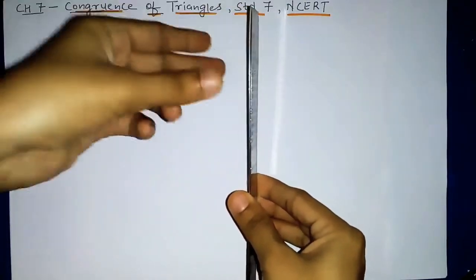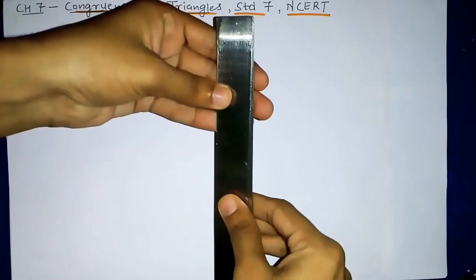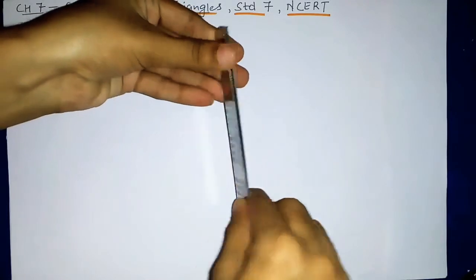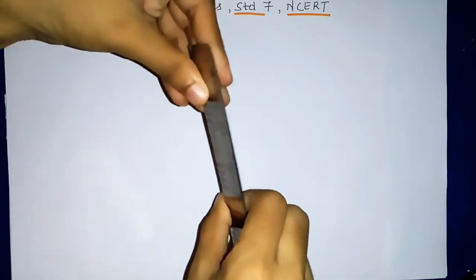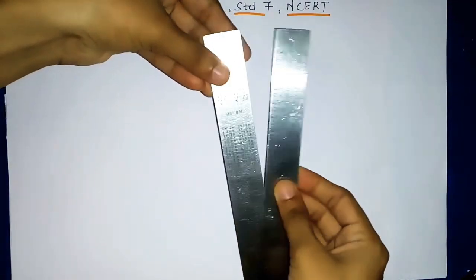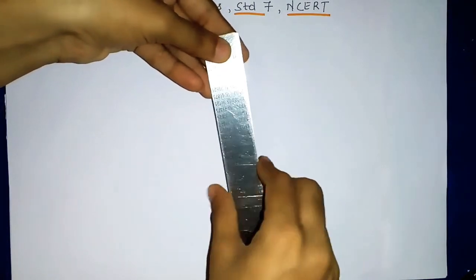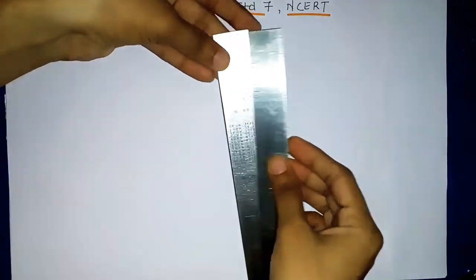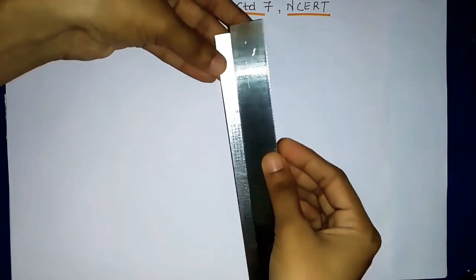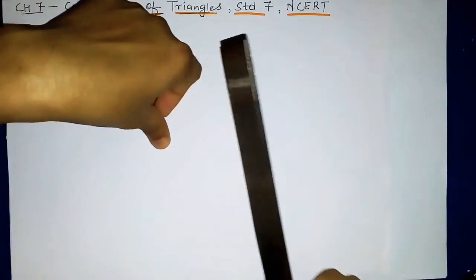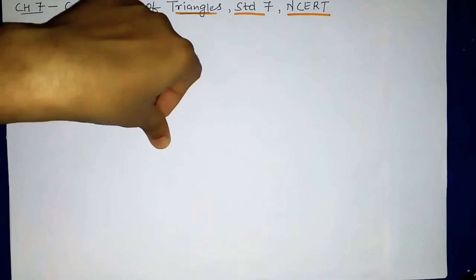It is not coming out from anywhere. It has exactly fit on top of this one. It is properly fit on this object. It is not the case that it is coming outside or going up or down. No, it is exactly overlapping. So these two rulers are exactly overlapping each other, so they are congruent, meaning they are the same in shape and size. By overlapping, this is called superposition, where we keep one over the other. This way you can check whether objects are congruent or not.